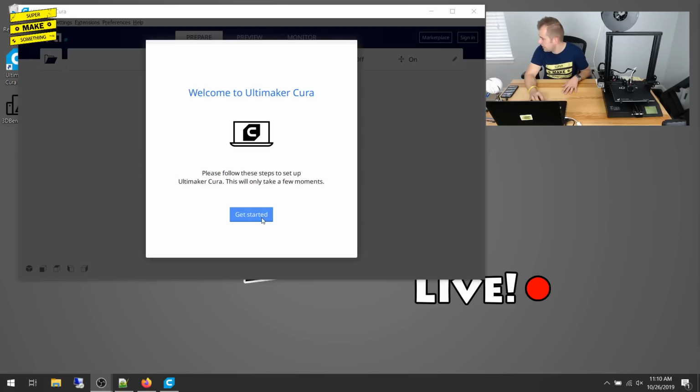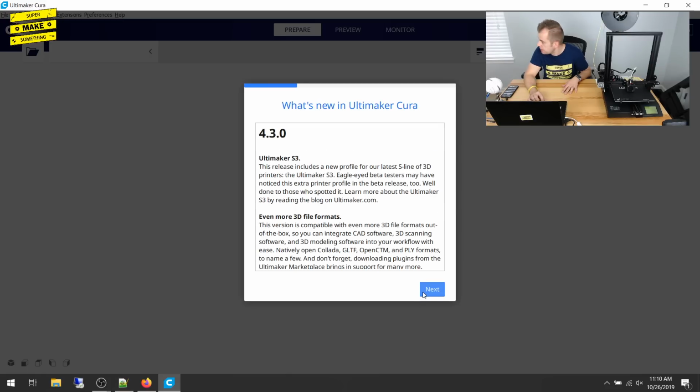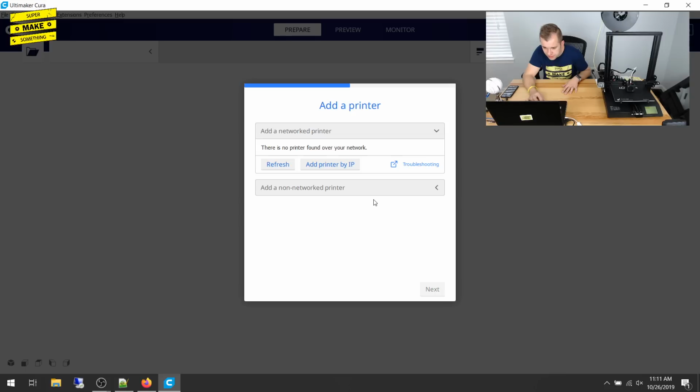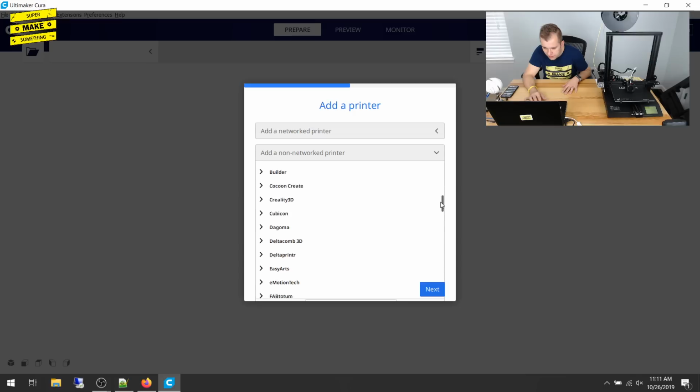Okay, so this is a brand new, never before set up version of Ultimaker Cura. I'm going to click Get Started. Going to agree to their disclaimer here. Click Next. Okay, click Next. Then I will add a non-networked printer. And what I will do for this is scroll down to the Creality preset